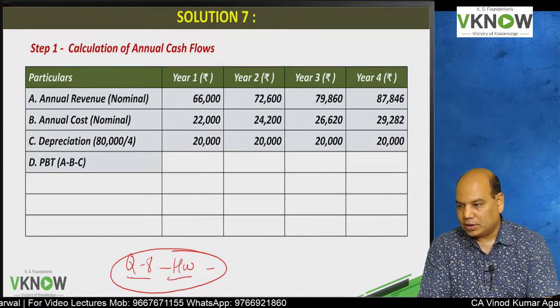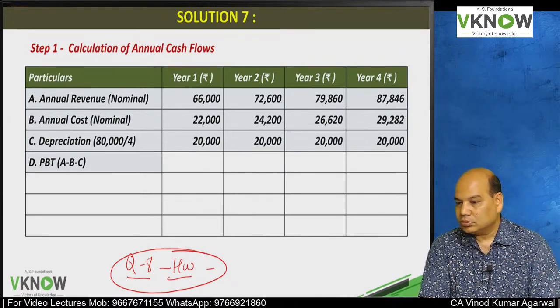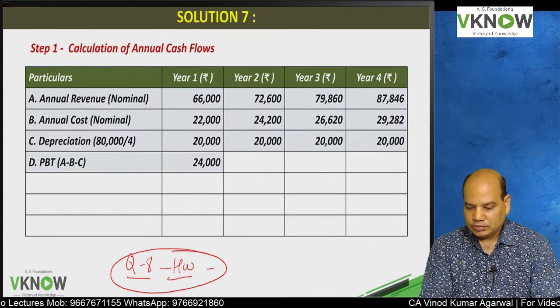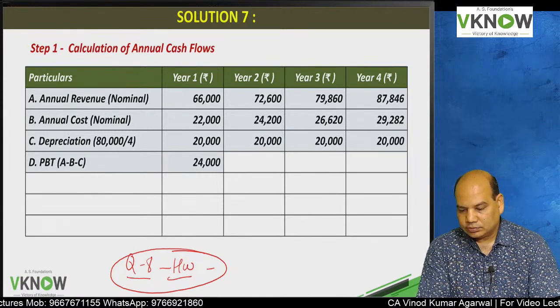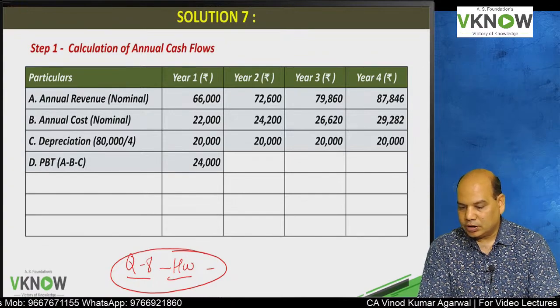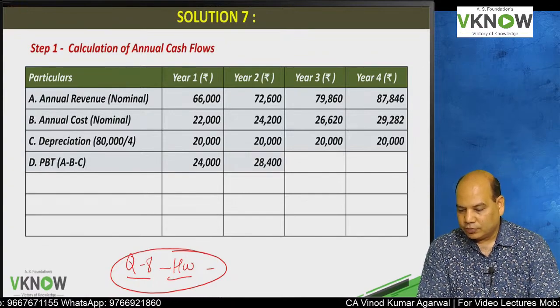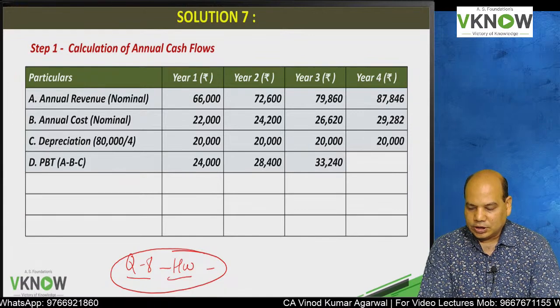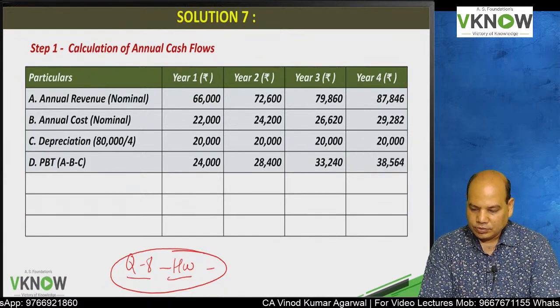First year PBT, please reply. First year PBT 24,000. Second year 28,400. Very good. Come on, third year. Third year 33,240. Fourth year